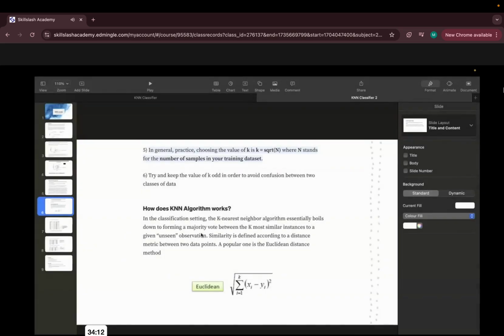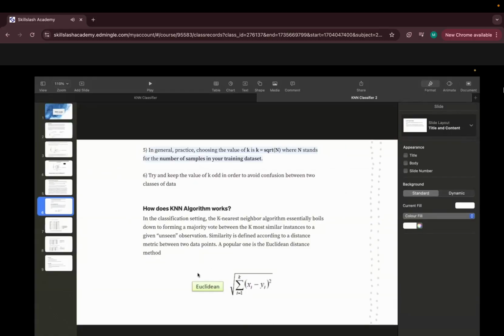This is the basic case study which we are doing verbally, and later we are going to do it practically. In the classification setting, I'm just reading the line written here: the k-nearest neighbor algorithm essentially boils down to forming a majority vote between the k most similar instances to a given unseen observation. This is what we learned yesterday.